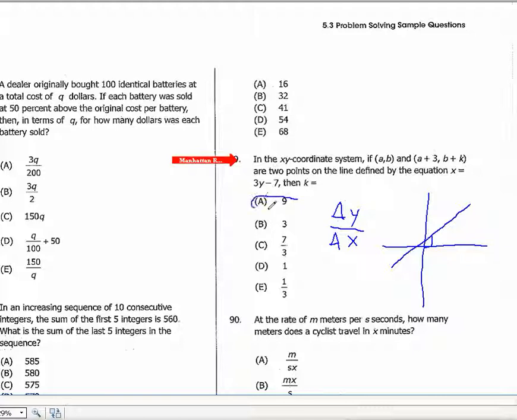The -7 is a red herring here. All we're saying is that x is increasing by 3, and therefore how much is y increasing by? Well, a line that has a slope of 3, for every 1 change in x, we're going to have a 3 change in y. So if we have a 3 change in x, then we're going to have a 9 change in y. So k is equal to 9. Answer choice A. Okay, let's go back and look at a different